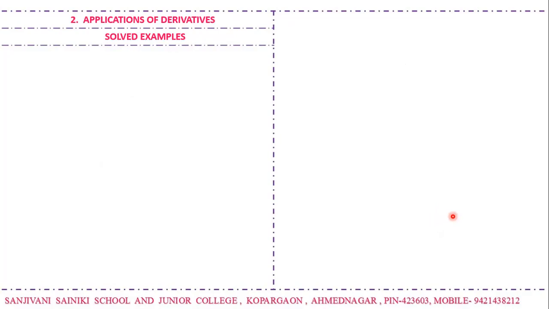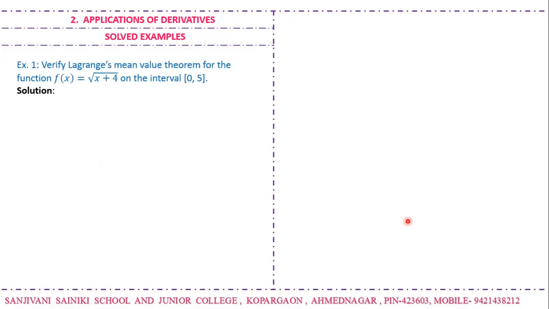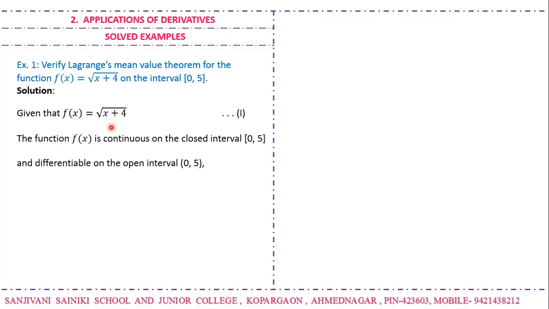Now we will see some solved examples of Lagrange's mean value theorem. Suppose we have to verify Lagrange's mean value theorem on the interval 0 to 5. What is the given function? It is the square root of x plus 4. Now as it is continuous on the closed interval 0 to 5 and differentiable on the open interval 0 to 5, it is an algebraic function, so it is continuous everywhere, and